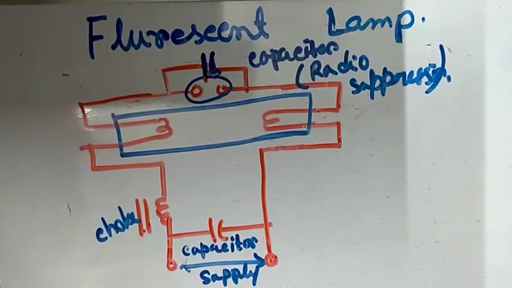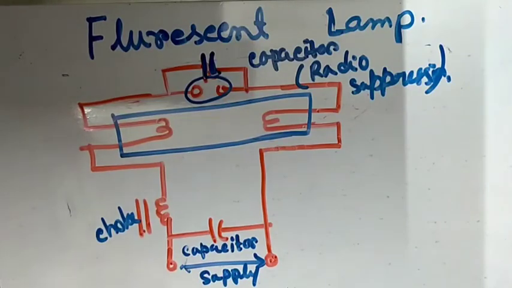Now the fluorescent lamp is in the form of a tube 3 to 5 centimeters in diameter and 0.5 meter to 1.5 meter long, with an electrode at each end, which are in the form of coiled filament coated with powder. As the operating temperature of the tube is approximately 50 degrees centigrade, no outer tube is required.